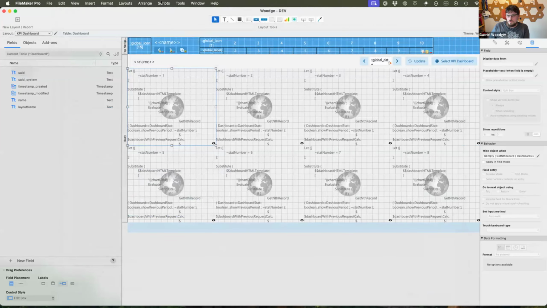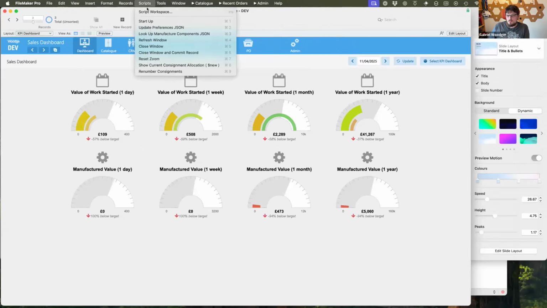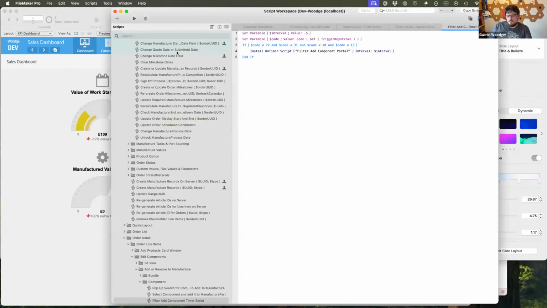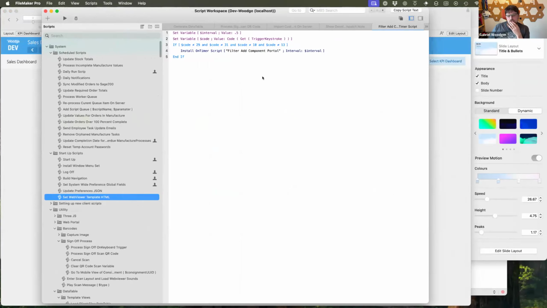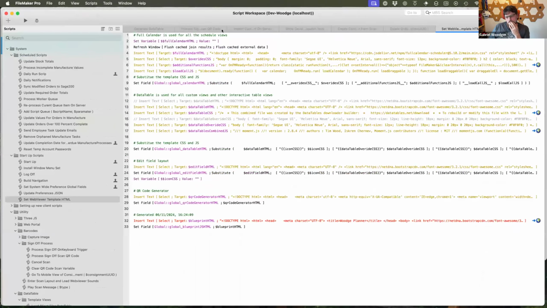The one thing I do in the startup is set the web viewer template HTML. I store all of the HTML code in a script, effectively with an insert text script. So each of these contains